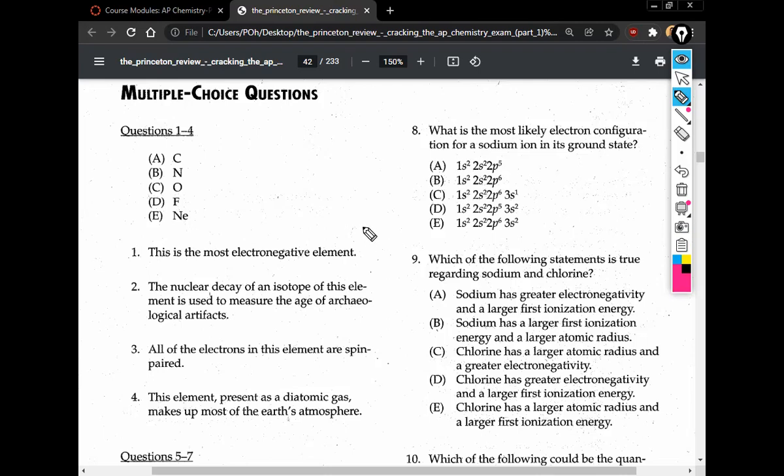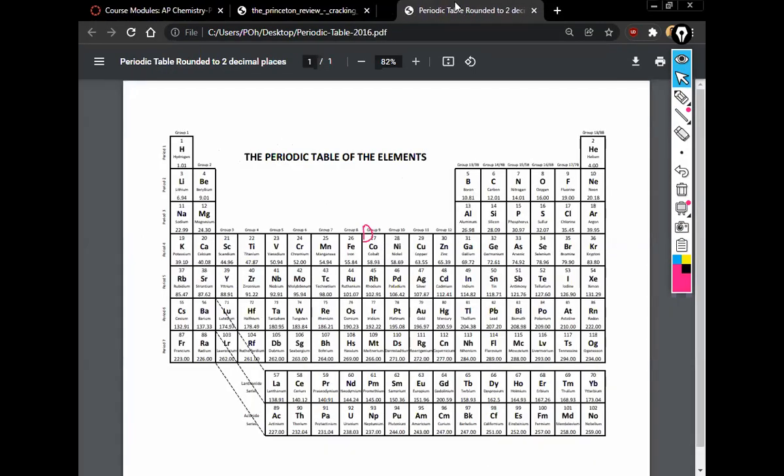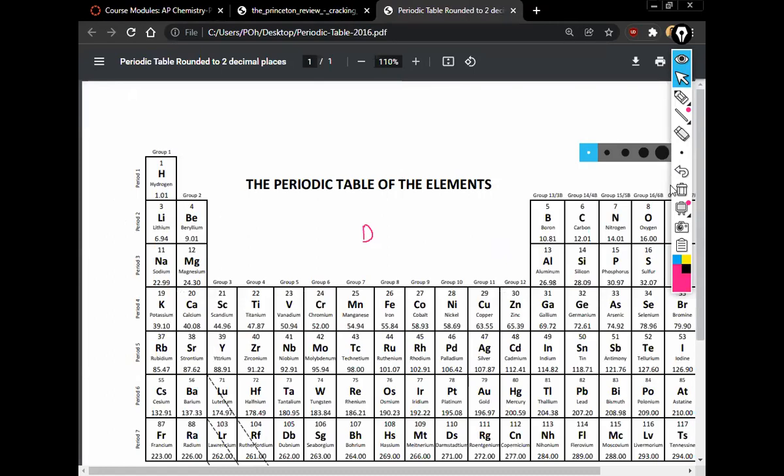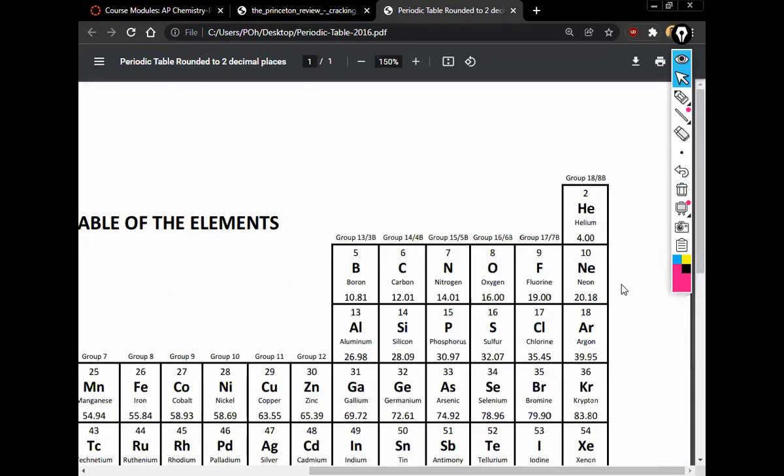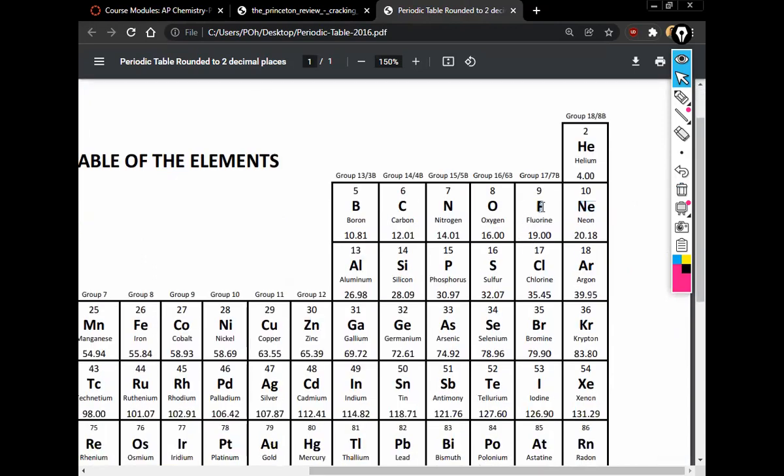Yeah, fluorine. Okay, the reason why it is fluorine is because if you go to the periodic table, we know that the pattern is as you go up and to the right, it gets more electronegative, right? And so it's natural to think, oh, helium or neon are going to be the most electronegative. But if you guys remember, neon is a loner. Neon is like me, doesn't want to hang out with anybody, doesn't want to react with anything. And so it's not going to be electronegative because it doesn't connect with anything. So fluorine is actually the most electronegative